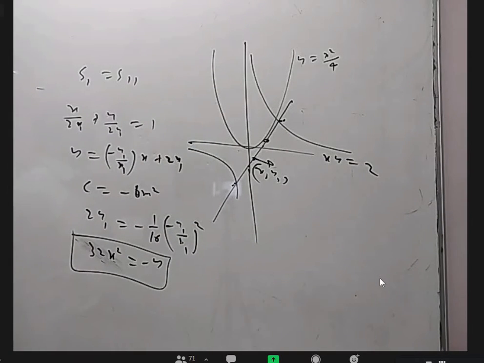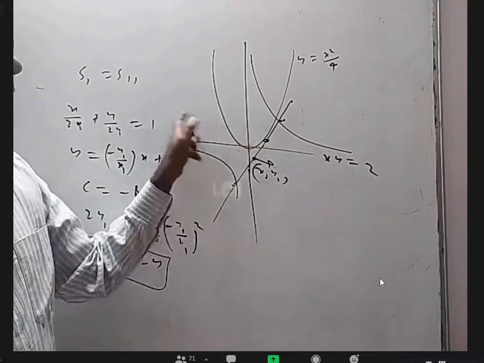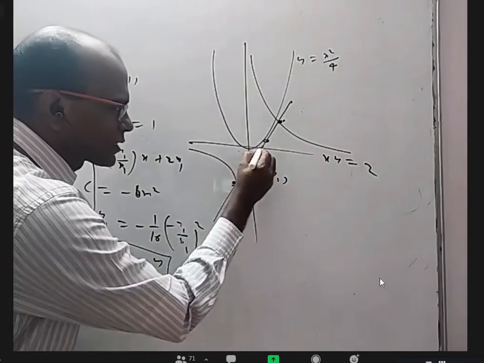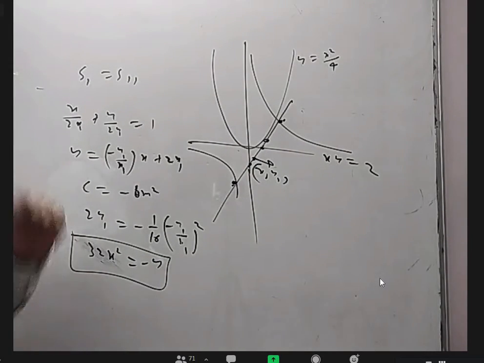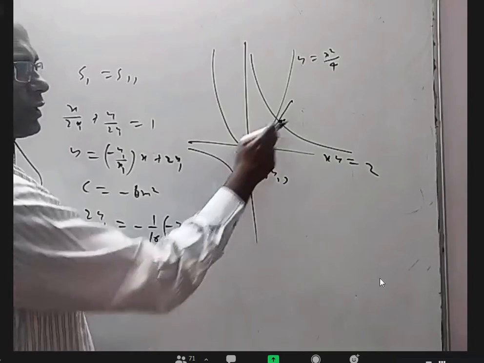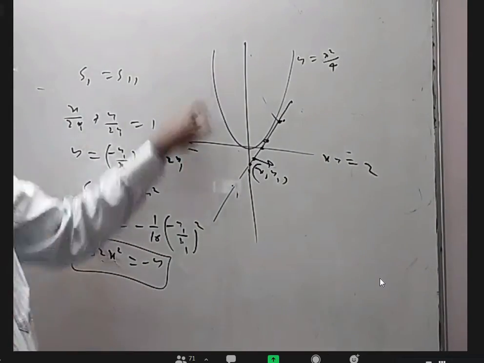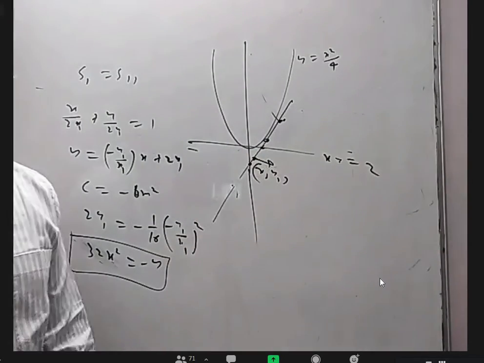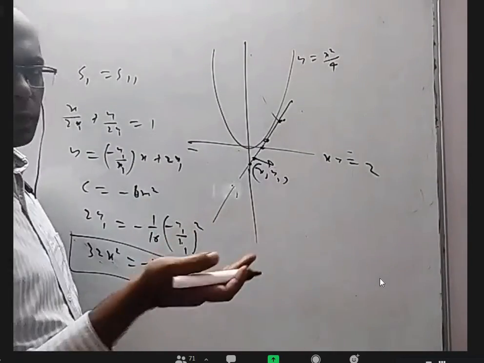In fact, let me make the question easier for you. Let us not bring the hyperbola into the picture. I'll tell you why. The midpoint of these two, is it the same as the midpoint of these two? Yes, sir. Hyperbola property, right? The asymptote midpoint and hyperbola midpoint are the same. So if you leave that, what is the question? Take different tangents to the parabola. It is intersecting the axes at 2 points. What is the locus of that midpoint? Whether the answer is a parabola or not, I don't know.